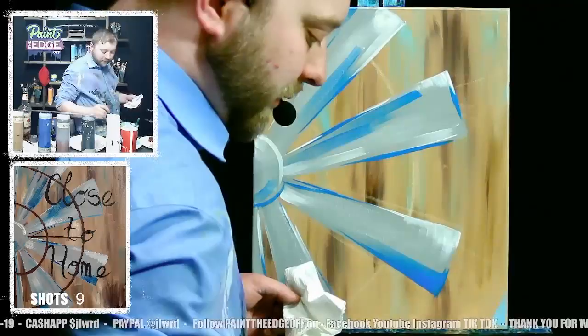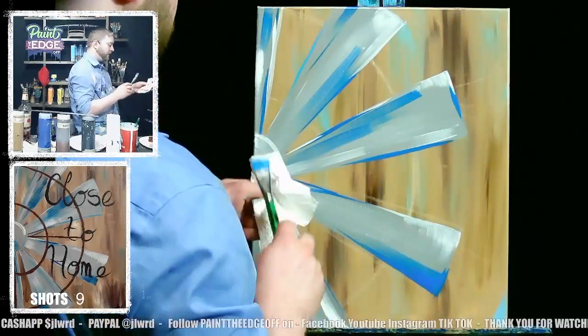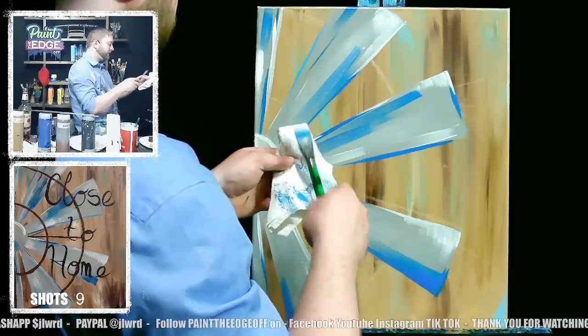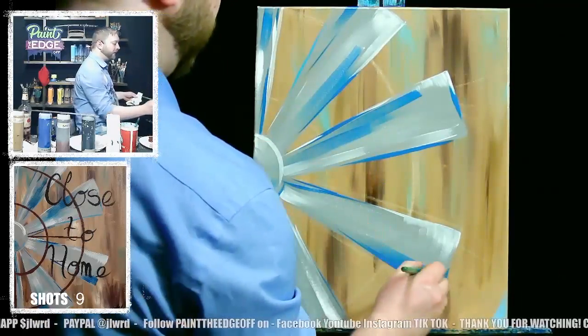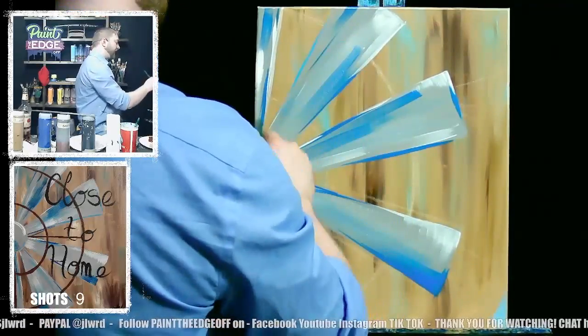Let's do the same thing with light blue. Let's get a little bit of this blue on here. Very thin layer of blue. Let's wipe it off on our towel. Do a very light amount of blue on our brush. Let's go ahead and just slap that around, you know? Slap it around